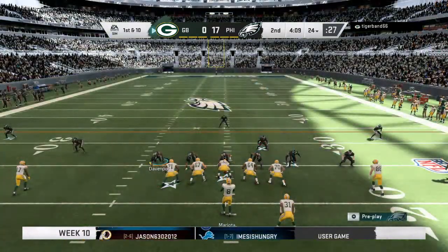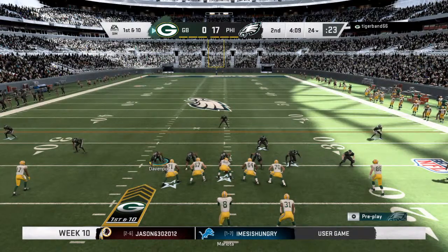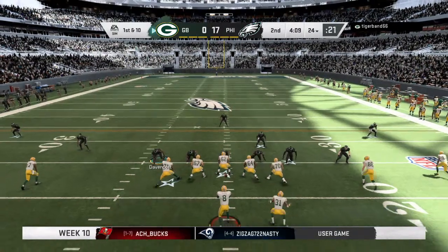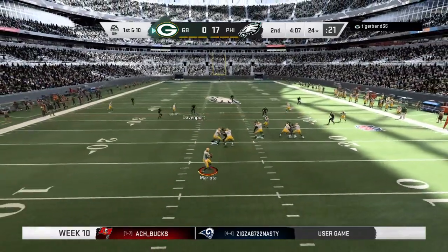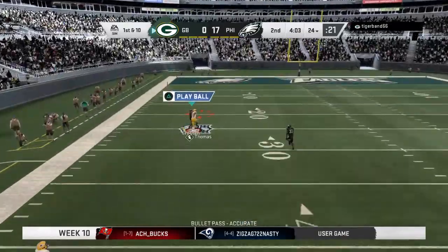The Packer offense ready to get their next drive underway. And 3 and out on the last drive. No points on the scoreboard. A little soul-searching now? I would say so. They need to help out their defense a little bit. They've had to be on the field a lot more than...